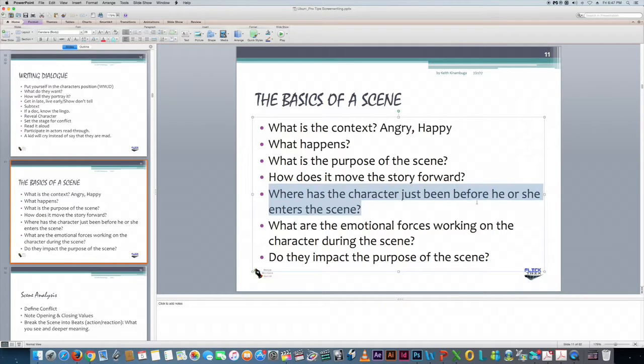So the next question that matters in your scene is where the character has been before and where he's going to go to, what will happen in the next scene. And it will come into perspective, especially when you want to unite your story, make it one wholesome family program. So